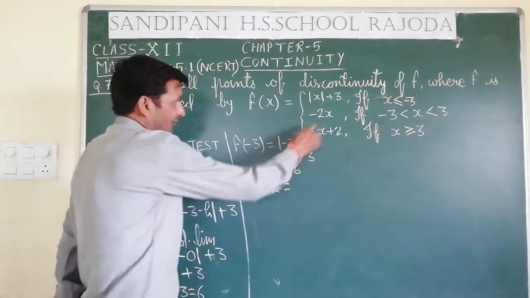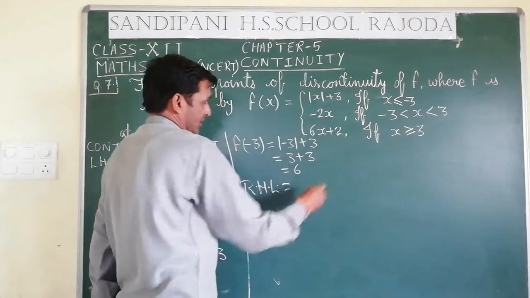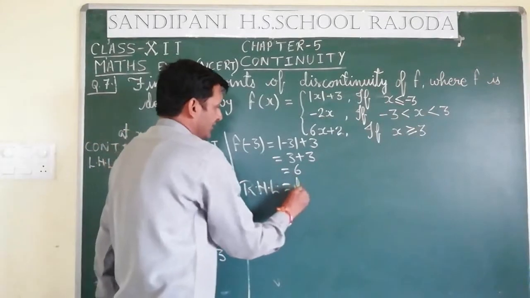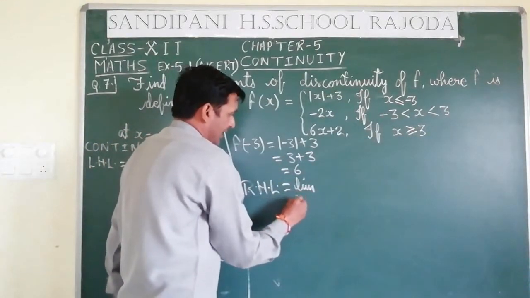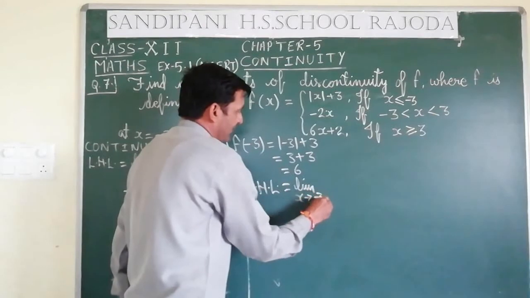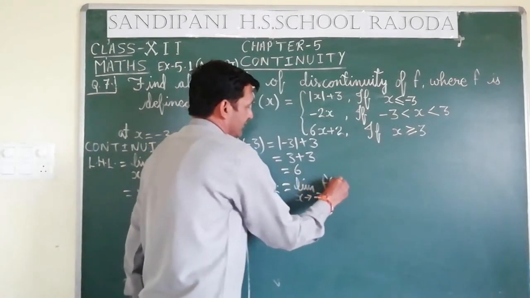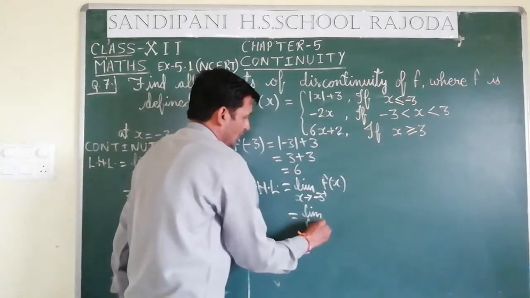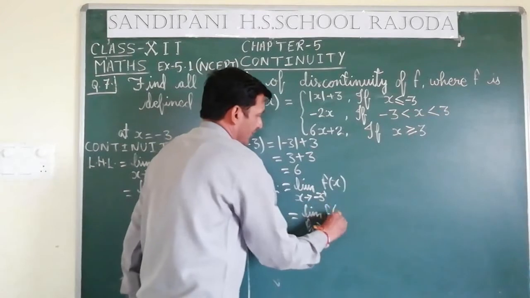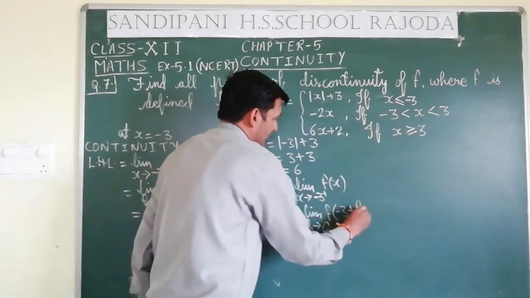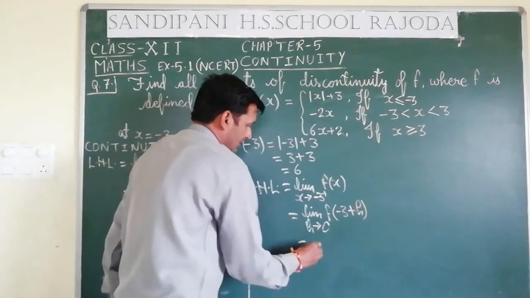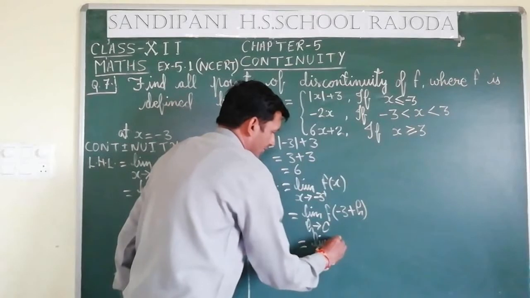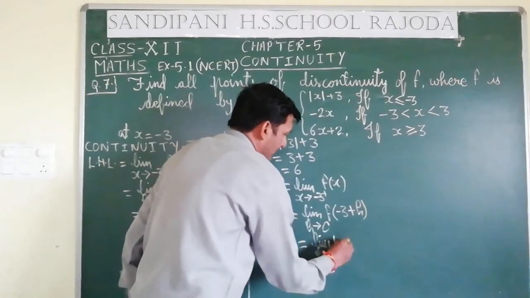So, in RHL we have to apply minus 2x of this function. Limit x tends to minus 3 plus f of x, that is equal to limit h tends to 0 f of minus 3 plus h, that is equal to limit h tends to 0 mod of minus 3 plus h